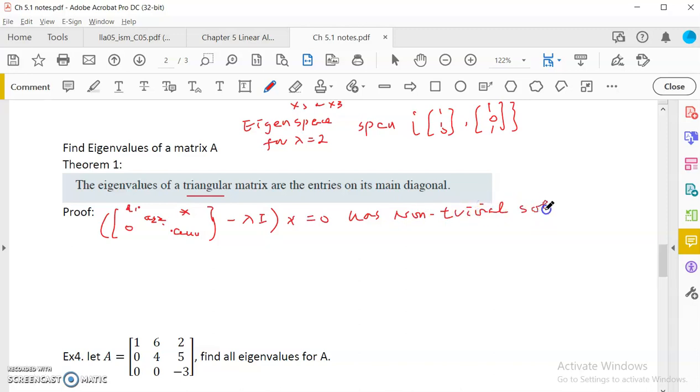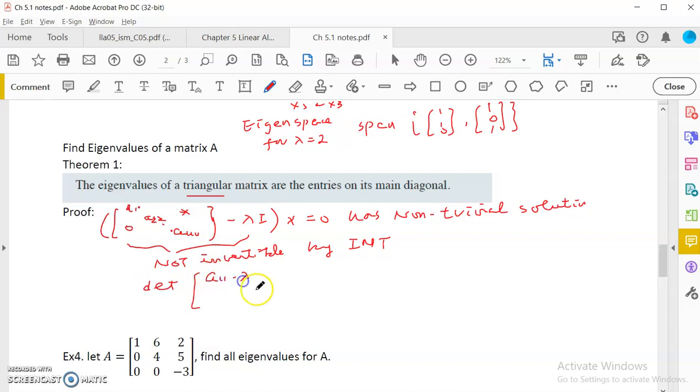So if a square matrix Ax = 0 has a non-trivial solution, that means this matrix is not invertible, right? By the inverse matrix theorem, if it only has a trivial solution, it would be invertible. But if you have any non-trivial solution, it must be non-invertible. Non-invertible means the determinant of these things